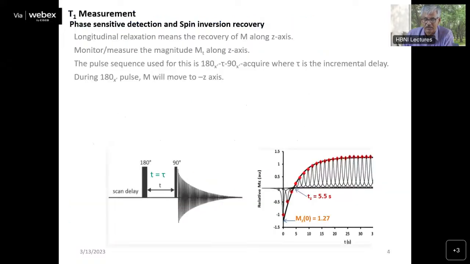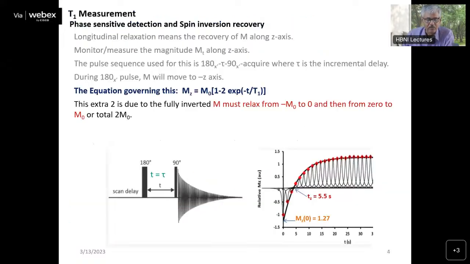Okay, so now let us see that. Last class I told how I have derived the equation governing the variation of Mz with time. Mz is equal to M0 into 1 minus 2 exponential minus t by T1. I also explained in the last class why you are putting 2,